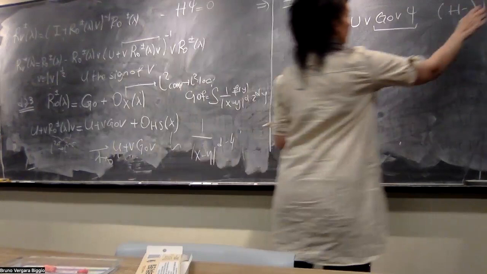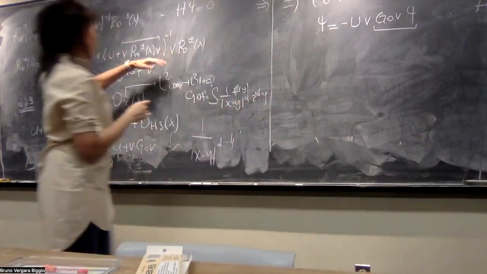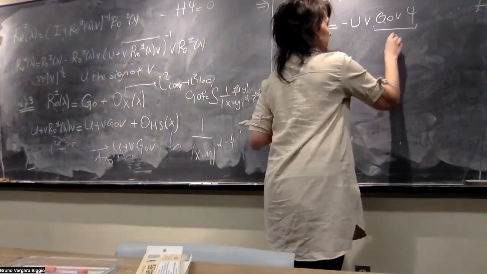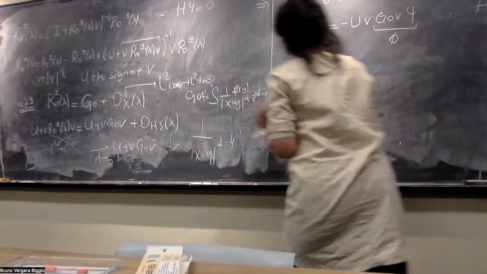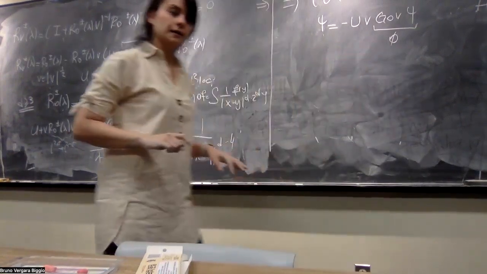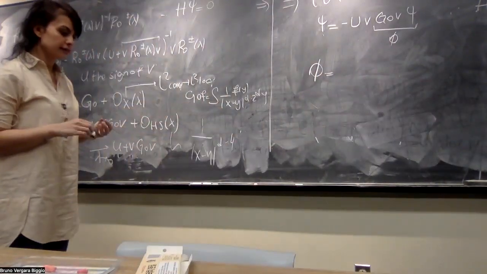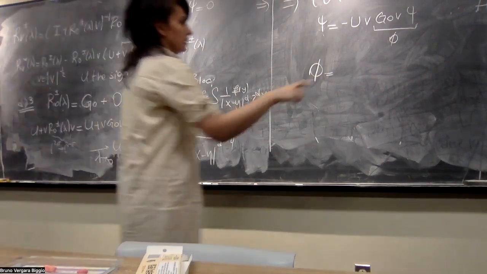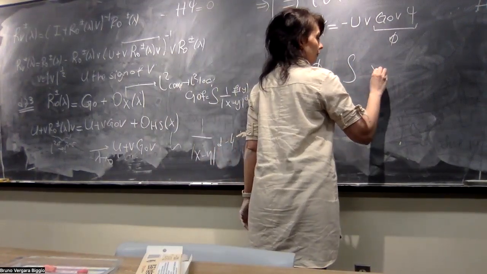Oh no, of course lambda is 0, right? I already made my lambdas. So if I call this phi, and now let's raise this phi, so I have 8 phi. Now the question is how this phi is going to look, and that will tell me whether I have an eigenvalue or a resonance at 0. But if you look at this in the kernel form, this is going to look like